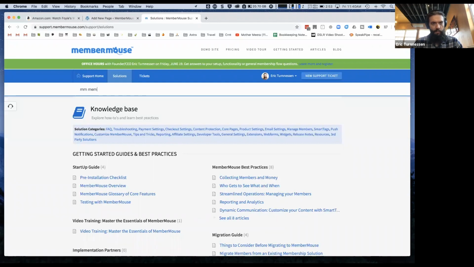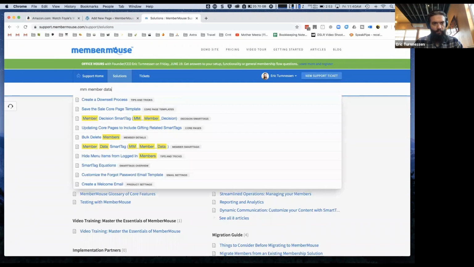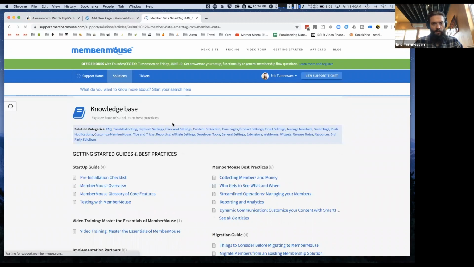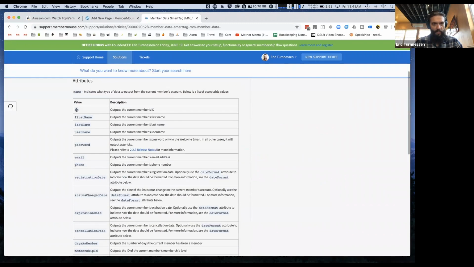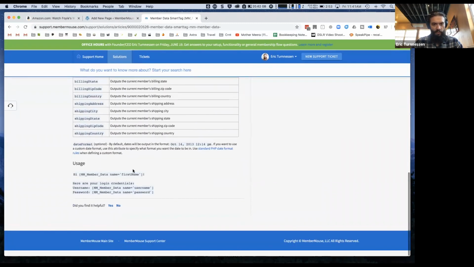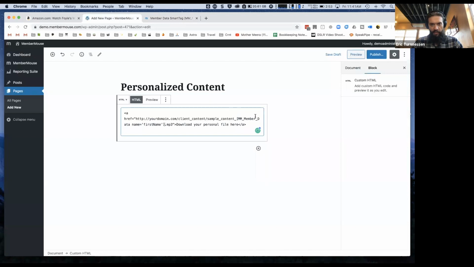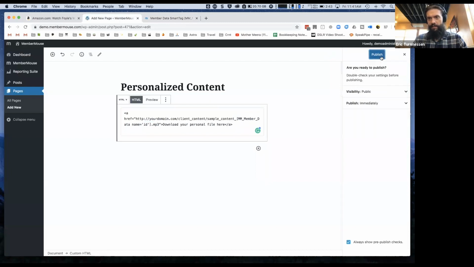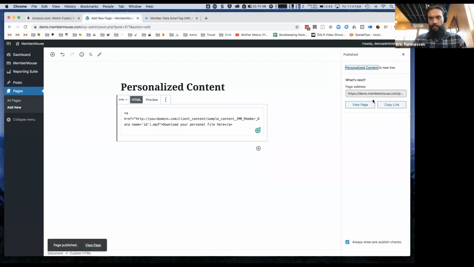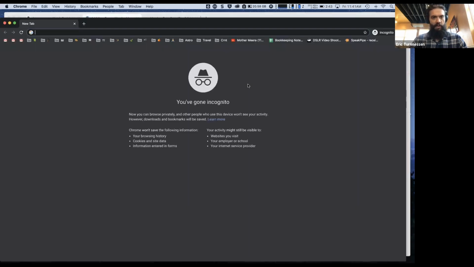So we're going to use the member data smart tag. We want the ID attribute. So I'm just going to copy the sample here and go back here and put in that smart tag, and the name of the attribute that we want is ID. So now when I save this, publish it, copy the page, and then I'll open up an incognito